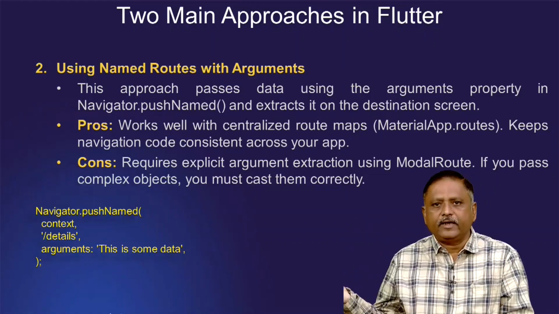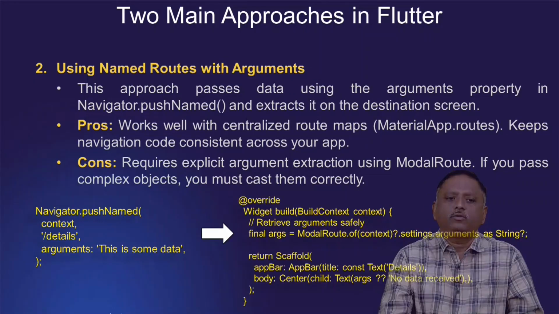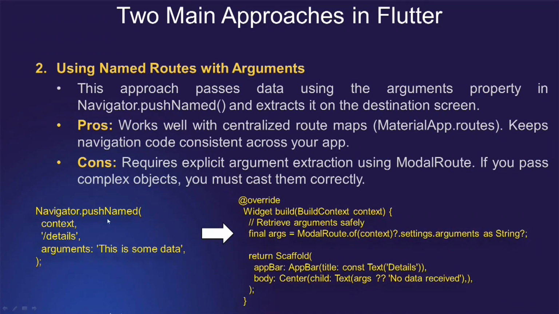So in the second screen we can extract this data. Now this is an example of push data. Now how to extract that data is shown here. So here, inside the override method of the second screen, we retrieve the argument safely using the model